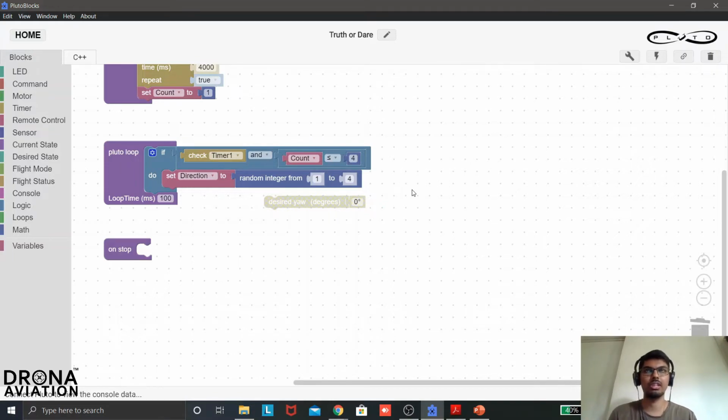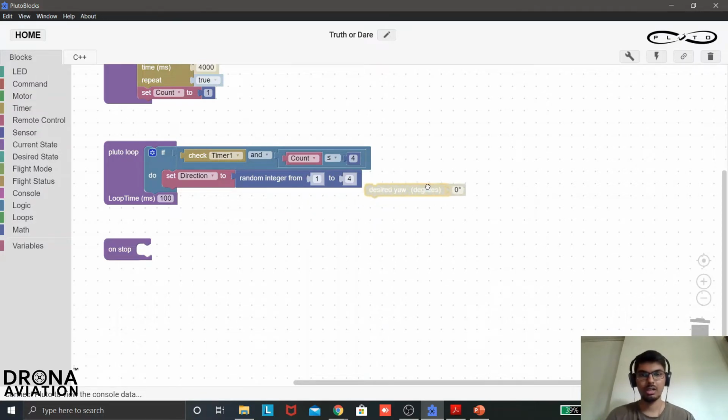For example, if it is selecting 1, the drone will point towards me, and if the next number generated is 3, the drone will not point at number 2, it will directly go and point at number 3. So this is the random factor that we introduce in our project. The direction at which the drone will point is completely random.